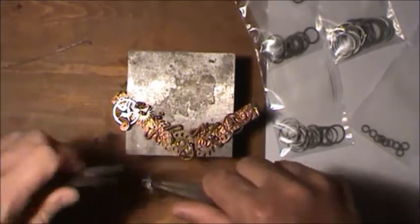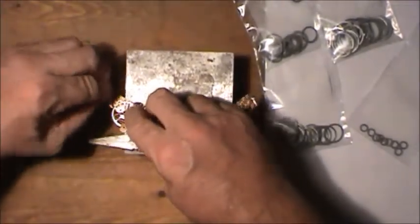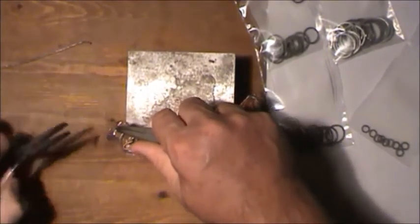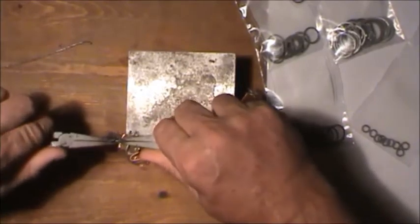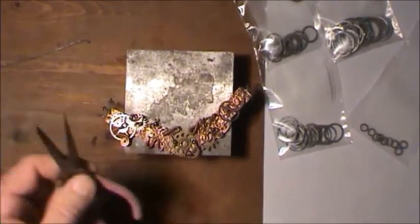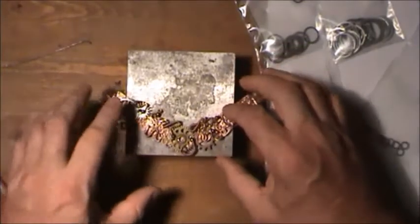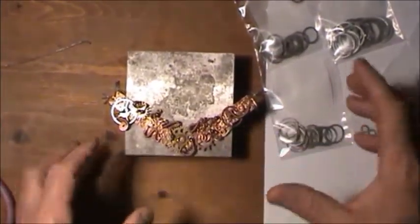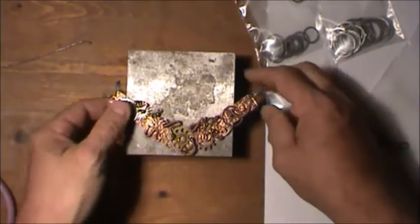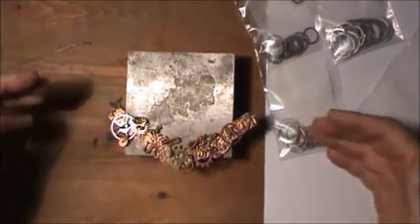Just to add more detail, because one thing about steampunk, you can actually make this stuff literally dripping with gears and wires and springs, and you can even put metal butterflies on it, metal flowers. It's a cool thing about steampunk. As long as it's industrial stuff on it, gears and stuff, you're okay. If you just put metal flowers on it and little things where it looks like newspaper clippings and old antique pictures and little metal cars, that's cute and all, but that's not steampunk. That's folk art, and folk art is beautiful in itself. And you can mix folk art with steampunk, but I like steampunk all the way just for the diehards,